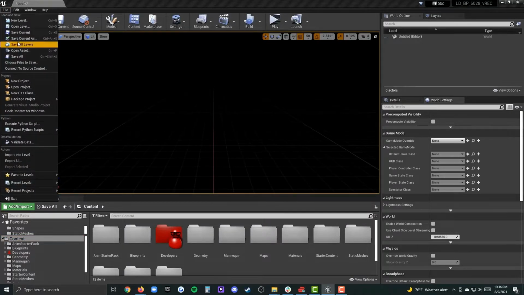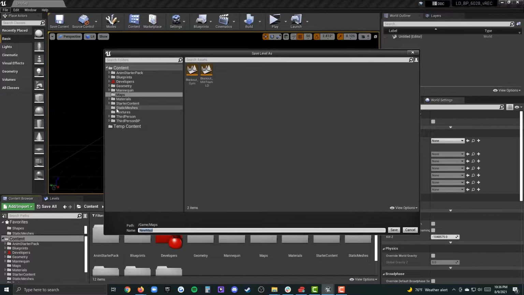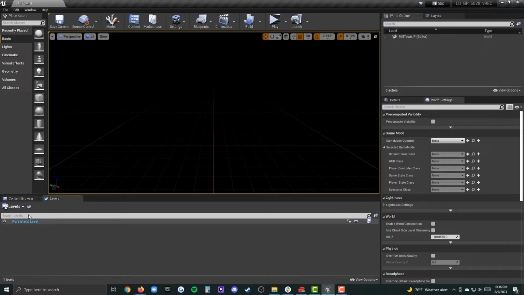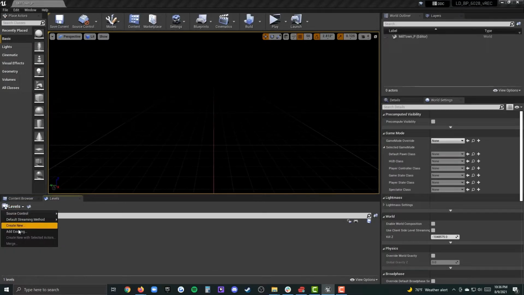And then we'll save this to the maps folder, and we'll call it Milltown_P, representing persistent, which is the highest level of the hierarchy. We'll save that there. And next, we'll look at the level browser here. We're going to add an existing level